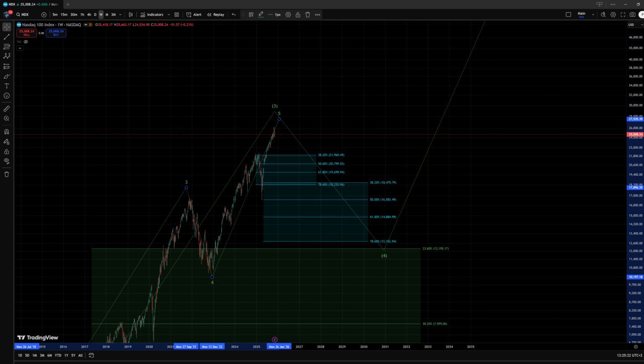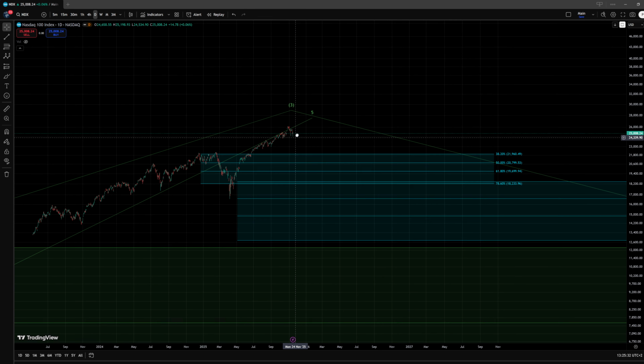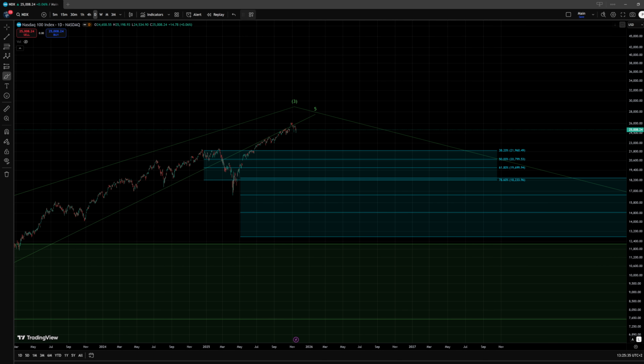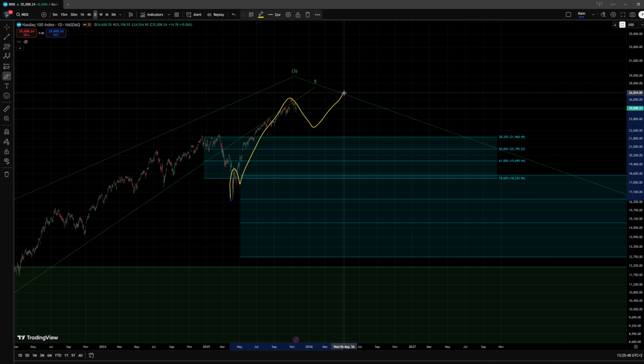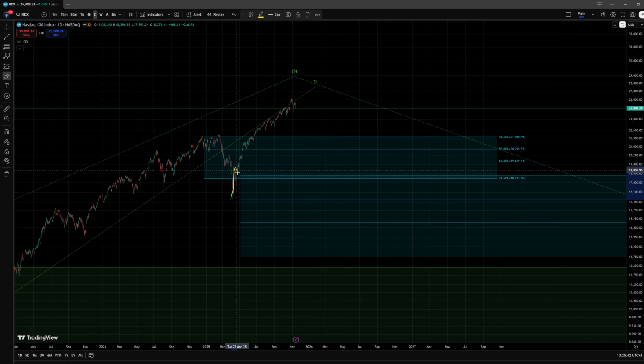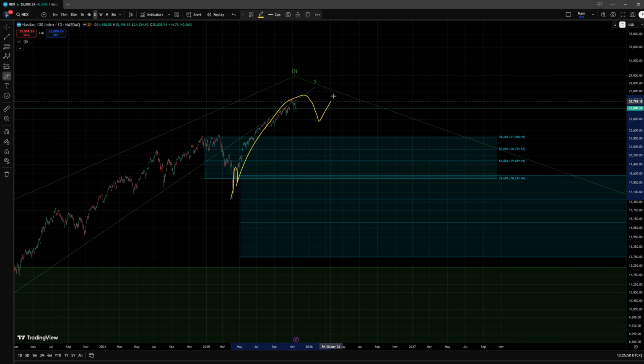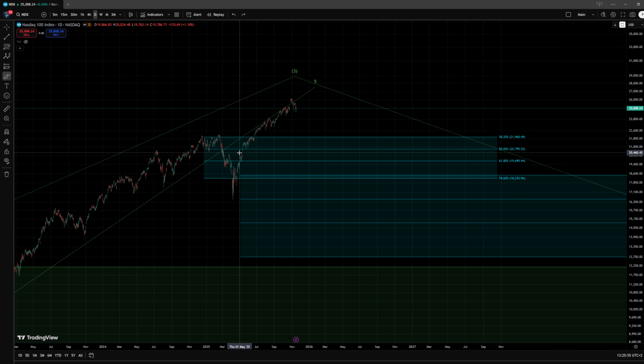So to answer the question, yes, I do believe we may see a significant correction once we actually form an additional high, most likely at this point. So most likely, I am looking for an additional high. In some cases, it may look different than in others. On this chart, we could have something like 1, 2, 3, 4th, and then a 5th. We might have still even an extension here, 1, 2, 3, where this third wave is not even done. We get an extension in the wave 3, then we get a smaller wave 4, and then we get a 5th. But wait, this 5th wave could still even extend higher. Or, in many cases, I actually don't even think it's worth going through them.